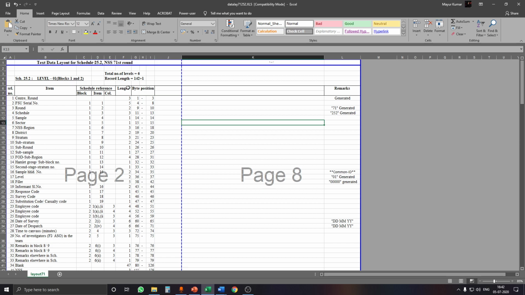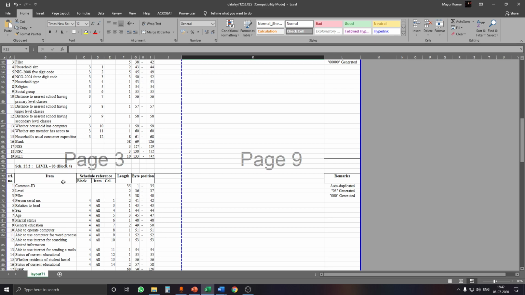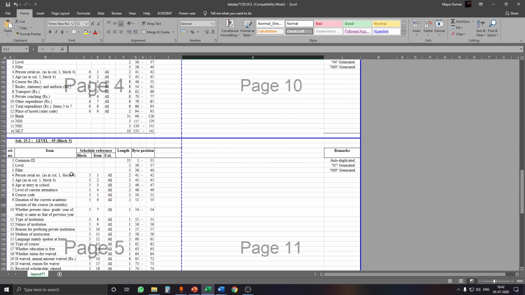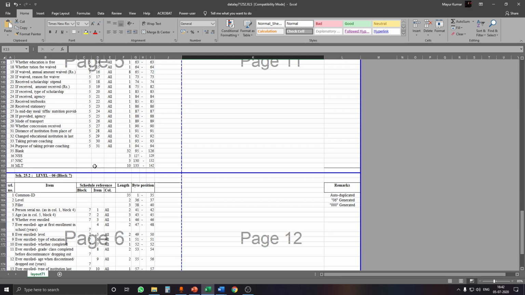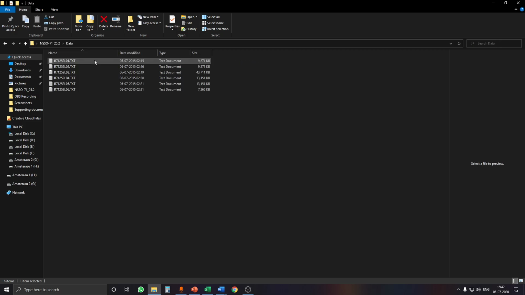These contain the different levels of data. This is level 1, here we have level 2, level 3, level 4, level 5 and level 6. So we have 6 levels and in the raw data we had 6 files. Each level corresponds to each level of raw data.